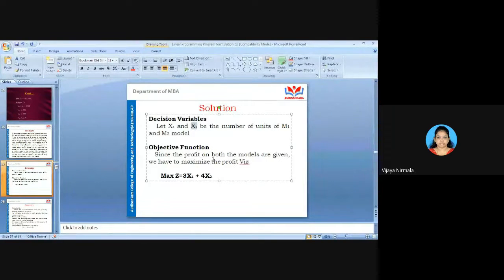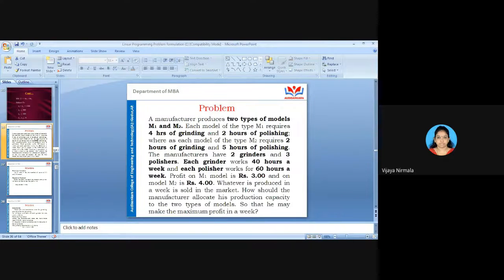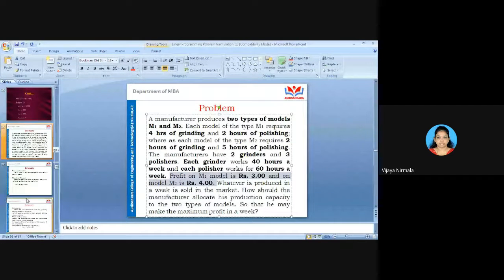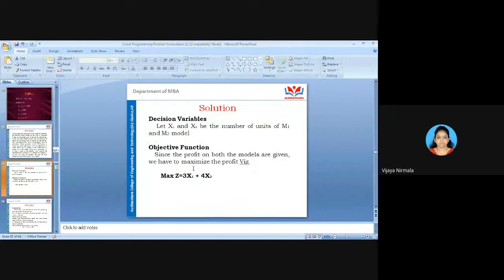Since the profit on both the models is given, and we have to maximize the profits. In the problem they have given only the profits. So if the problem gives you profits, you have to maximize the profits only. So maximize z is equal to